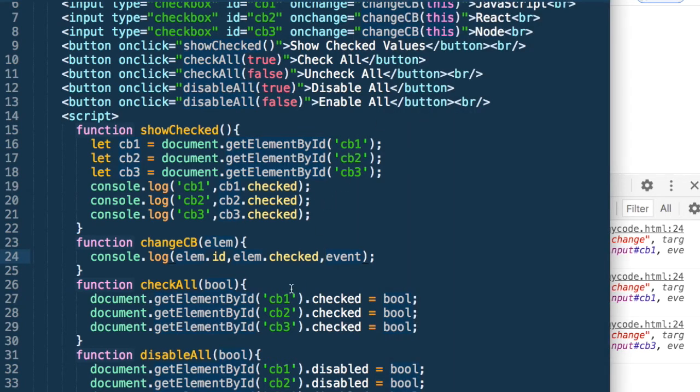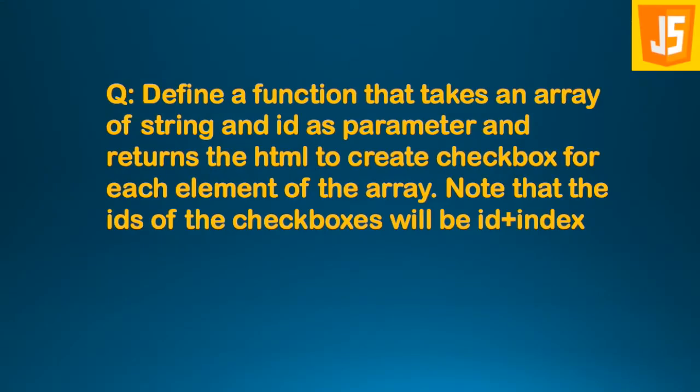So this way we have been able to detect a change, and now whatever we wanted to do with it, we could have gone ahead and done it. With the element, we get the ID of the element on which this change happened, and we can implement it. Next, what does it say?